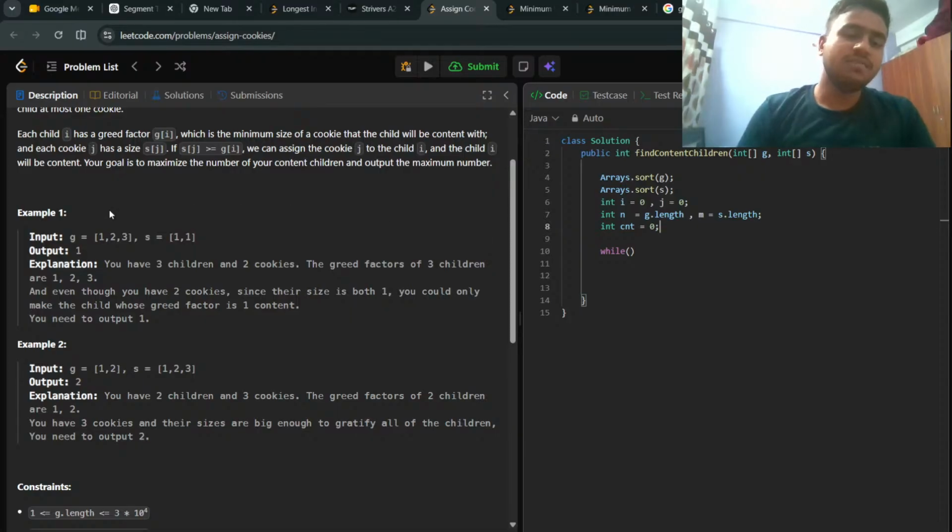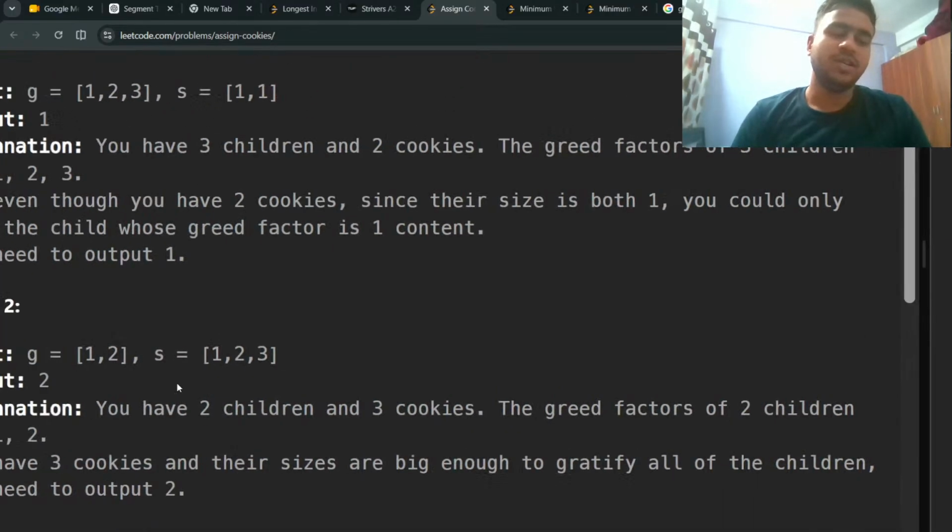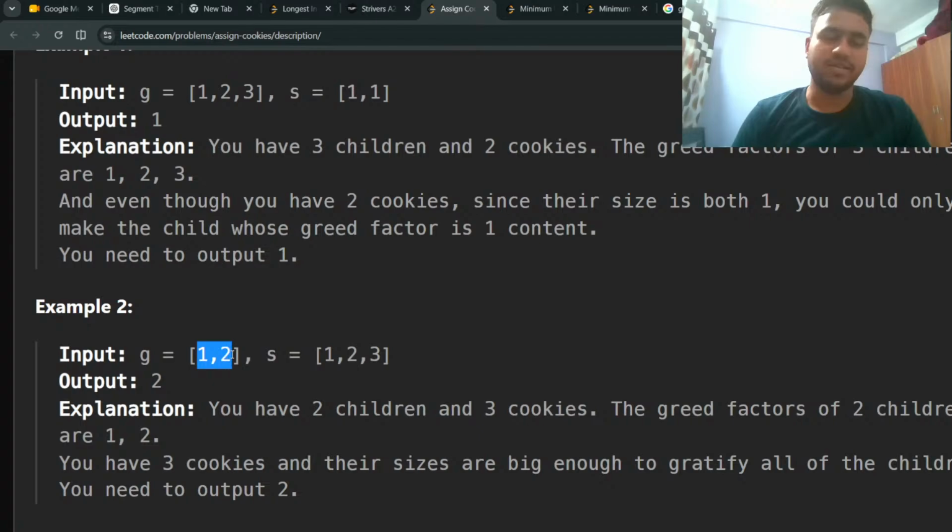So what I am going to do is sort both the arrays first, like this. Then I am going to pick two pointers: one pointing onto the G and the second one pointing onto the S. I am going to compare these pointer values. If S is greater than or equal to G,